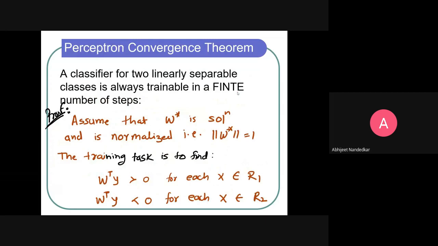Now let us see what exactly is this Perceptron convergence theorem. It is said that a classifier for two linearly separable classes is always trainable. This is an important thing. It is always trainable in a finite number of steps. Maybe steps are huge, like maybe 10,000 steps or maybe 1 lakh steps, whatever it may be, but it will converge. That means you will get a solution so that all samples